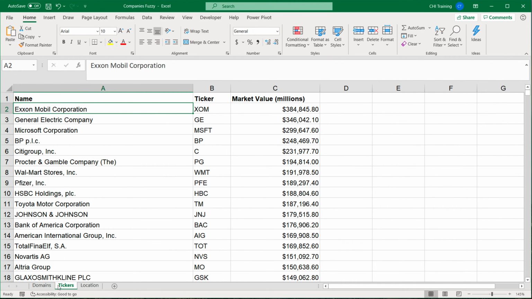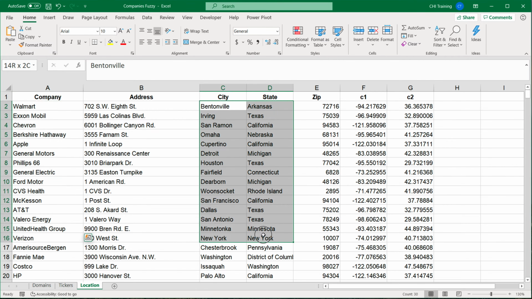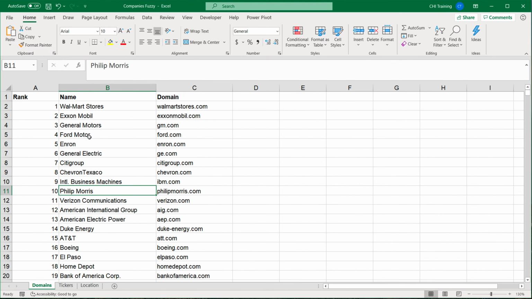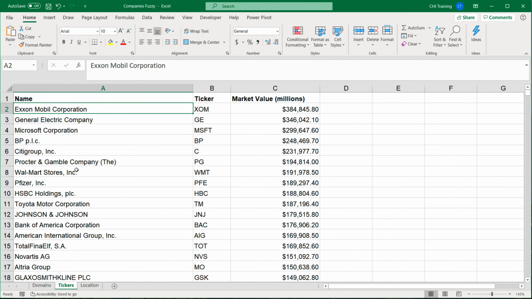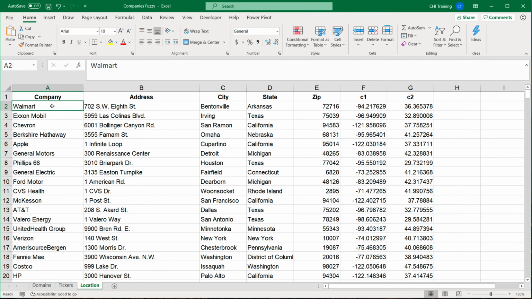So I also have this third one. See, this one also has companies and basically the location. So you see how this one just says Walmart. It doesn't say with a dash Walmart Stores. And it also doesn't say the Inc. thing that was happening here. So that's the challenge. We're trying to pull some data together, but these company names aren't exactly typed the same